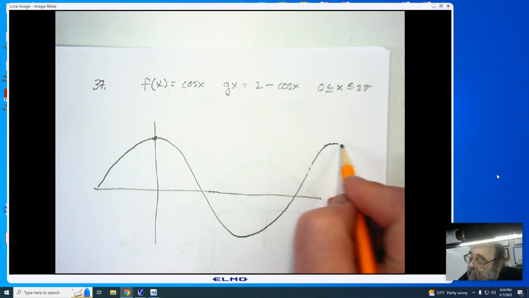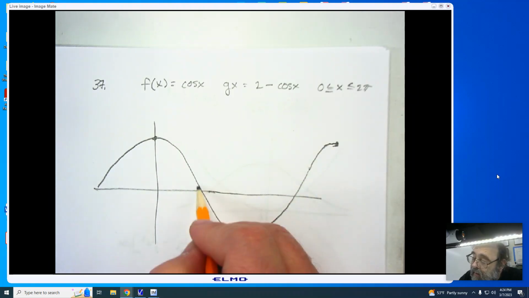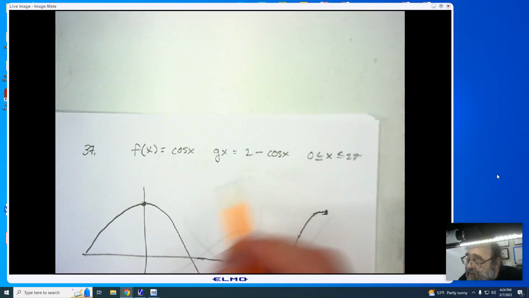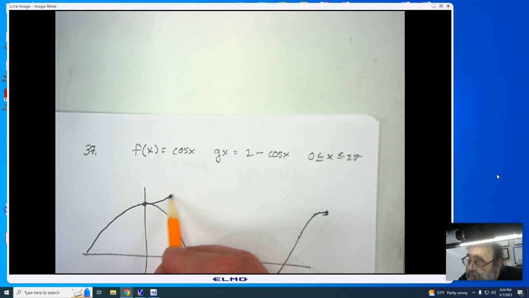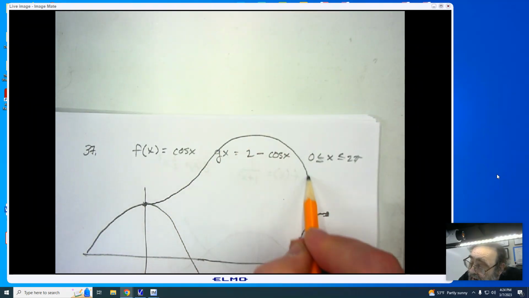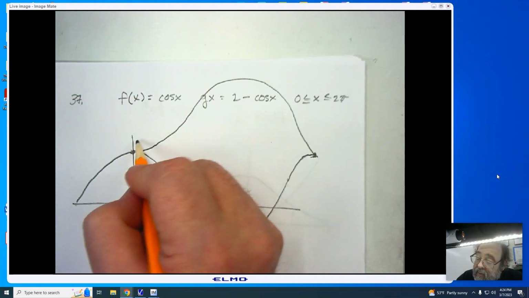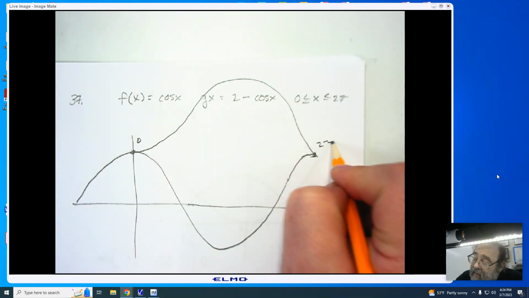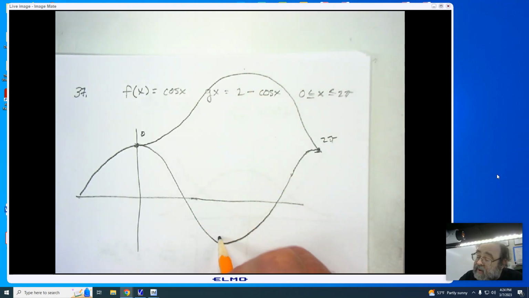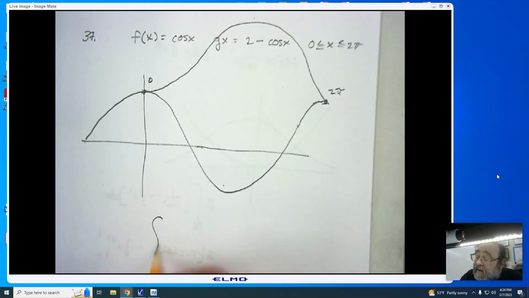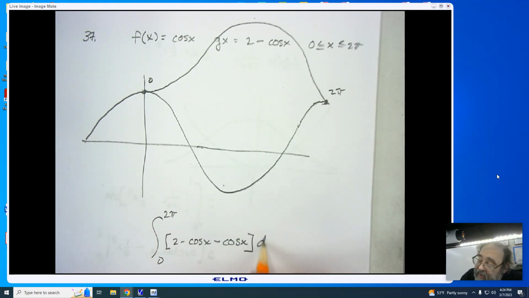So from 0 up to 2 pi, and then we have the cosine. Now this is upside down but shifted twice. Gives us a graph that looks like this. Mirrored image. So we're going from 0 to 2 pi. We have our upper minus our lower. So I have the integral from 0 to 2 pi of our upper, 2 minus cosine x, minus cosine x dx, which is